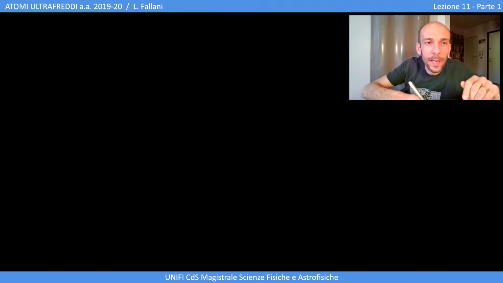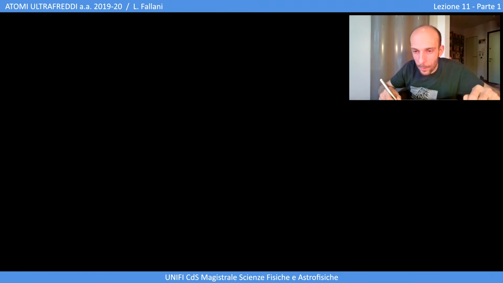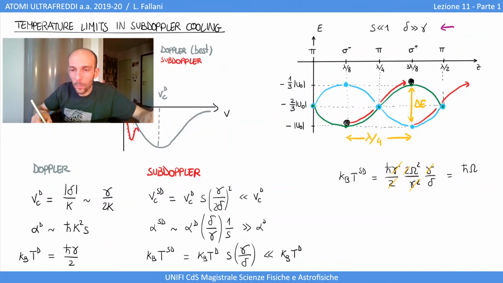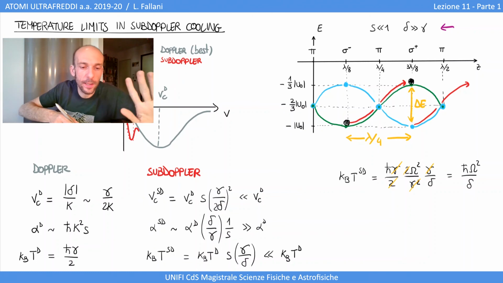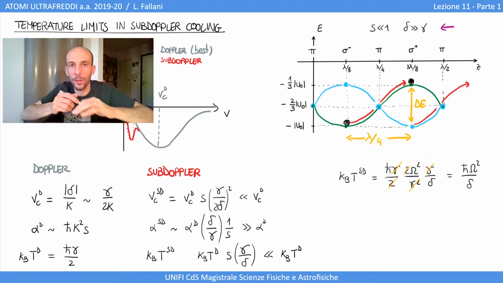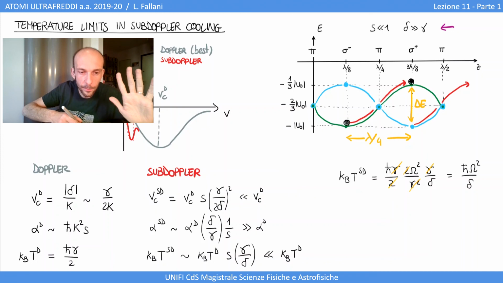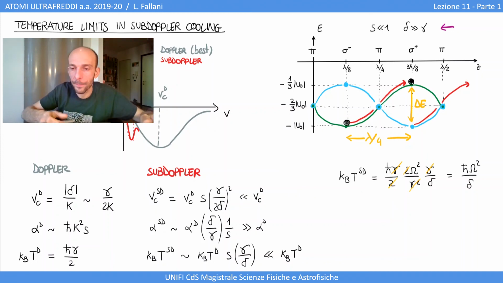Okay, now let me express the saturation parameter in terms of the Rabi frequency. And so S can be written as 2 times the square of the Rabi frequency divided by the square of γ. Now you see that you can simplify γ out of the equation. Also the factor 2 goes away, and so you find ħΩ² divided by δ. And let's remind ourselves that these are just orders of magnitude, so I don't pretend these numbers to be exact. So just some estimates of